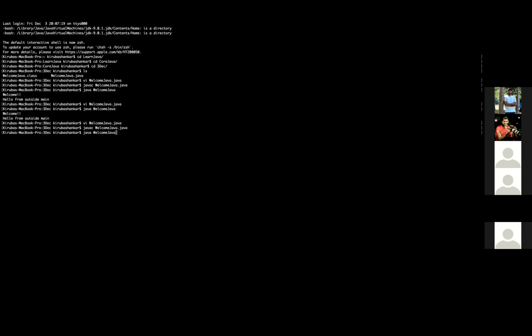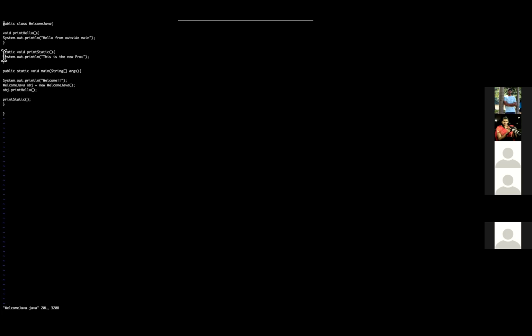And execute it. Yes. Since your static method is within the same class, you don't need to call it with class name dot print static. If you have that static method in some other class, then you need to invoke it with the relevant class name dot method name. But since we have it within our class Welcome Java, you can just call the method name directly when invoking it in your driver class. Okay. So far, any doubts in this? Others, are you able to understand, or any queries?